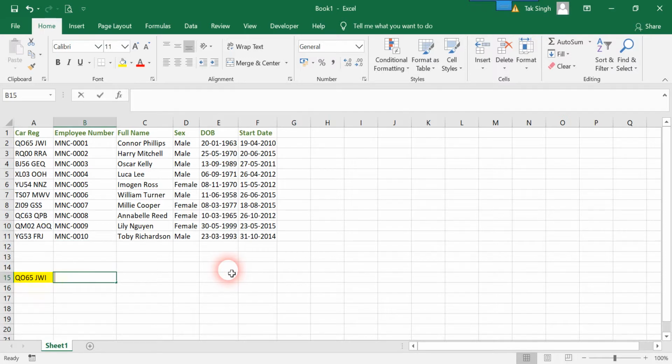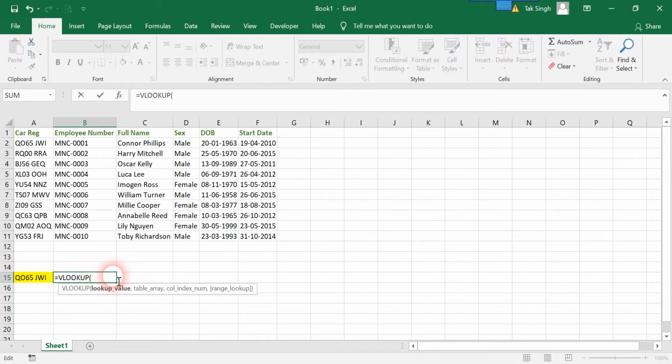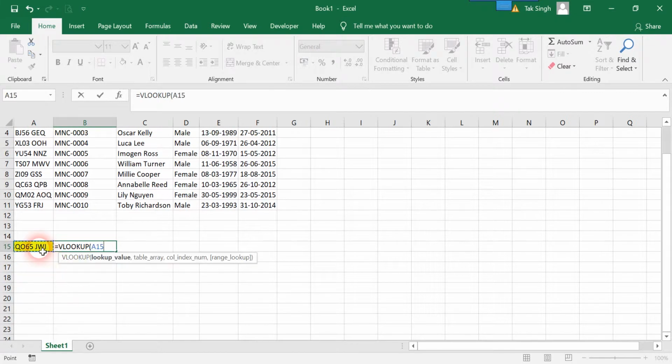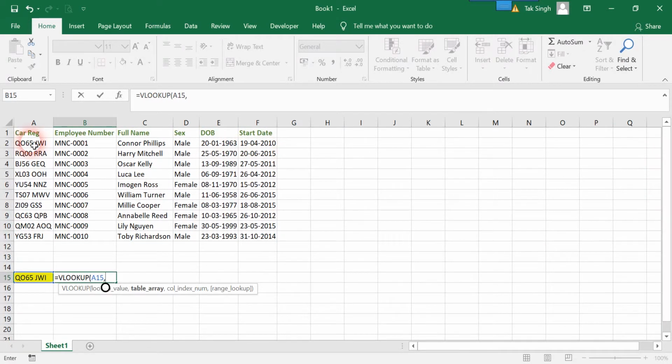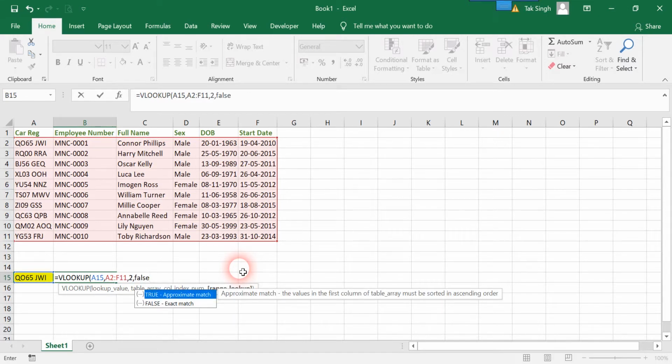That will be better. So equal to, let's say we look up, and the lookup value will be this cell over here, and the table array will be this, the column index will be 2 and false.